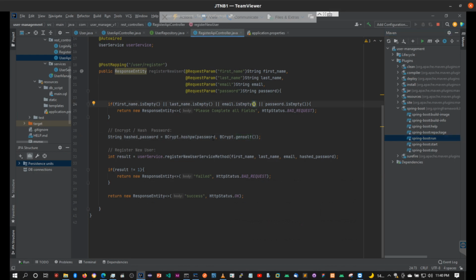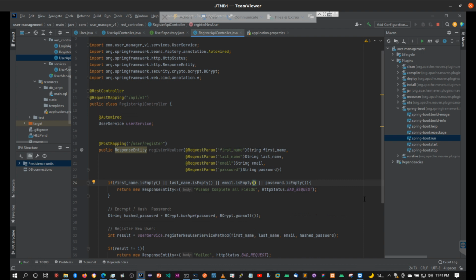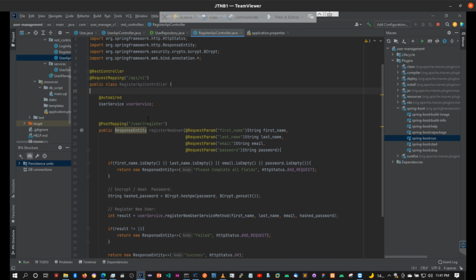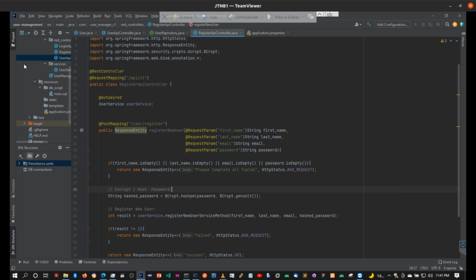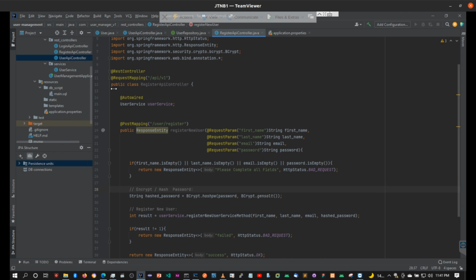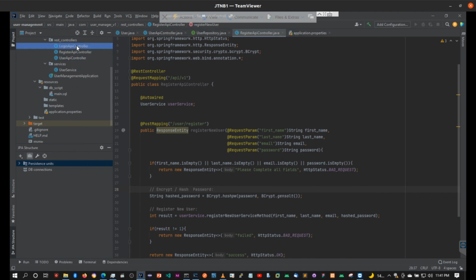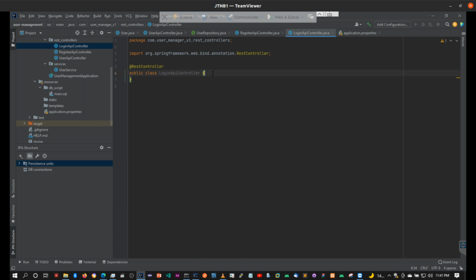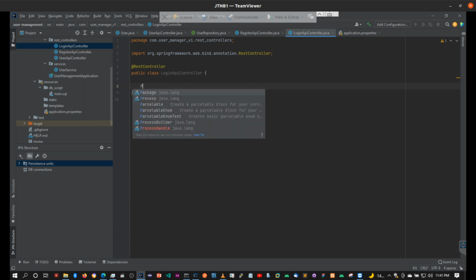Alright, so I'm currently, again, using TeamViewer to log into that machine where we have our Spring Boot project running. Alright, so now we need to create an endpoint to log in a user. So I'm gonna stop the server because it's currently running, and let's stop it there. Alright, let me just close that. Then I'm gonna come in to the login API controller. So I'm going to come in here, and then this is where we're going to set that method to log in the user. So we're going to again create a post method,